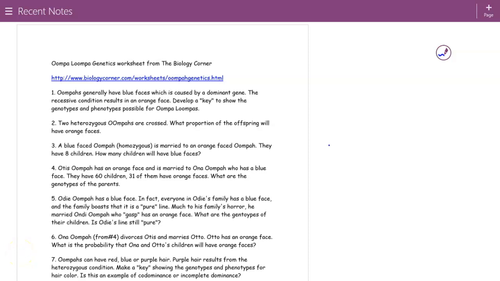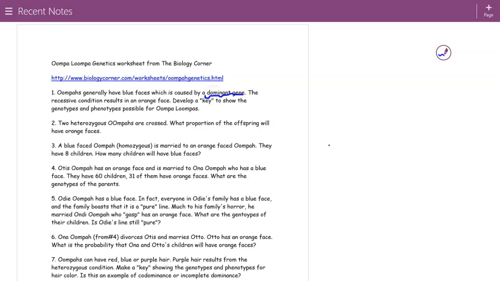All right, as promised, we are going to do some practice genetics problems. By we, I mean me, and you will follow along. And hopefully, after doing a few of these Punnett squares, you will have a better understanding of how to do this. All right, the first question in this Oompa worksheet says, Oompas generally have blue faces, which is caused by